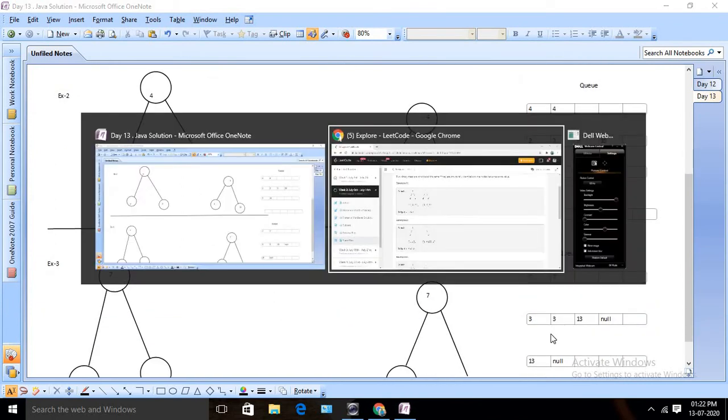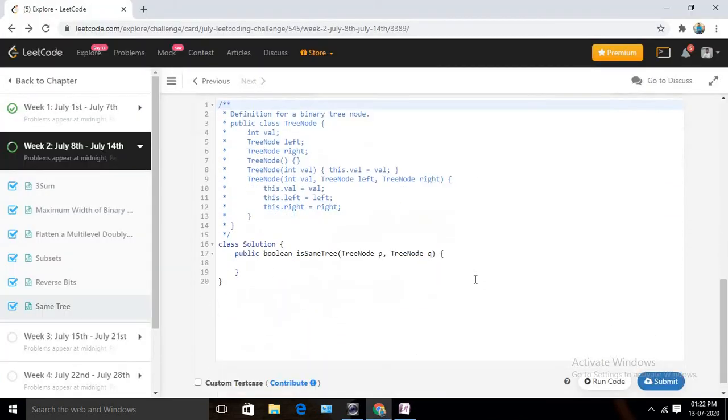So let me write the code, and if required I will explain it further also. As I told you, I need to first take one queue, and in the queue we are going to store the tree node, right? The tree node is already defined here, and let me name it queue only. Now let me define the queue using a linked list.